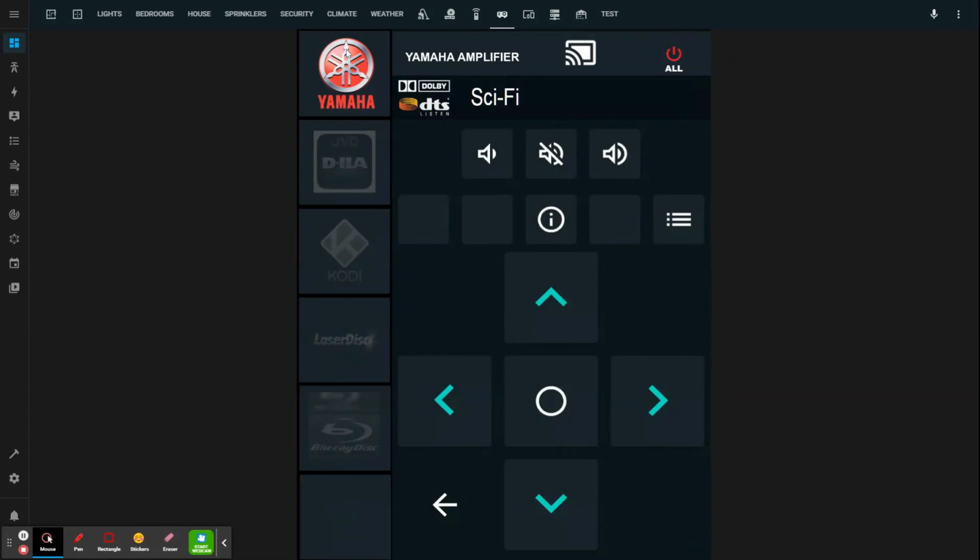Hi everyone, I just wanted to show you a remote that I have made up for my media room using Home Assistant Floorplan. I've got a Logitech Elite remote control in the room as well, which is great. It's a fantastic product. Obviously it gives me the ability to interface with it through Home Assistant. And certainly as you select, if you're watching the Laserdisc player or the Blu-ray player or my Kodi box, then